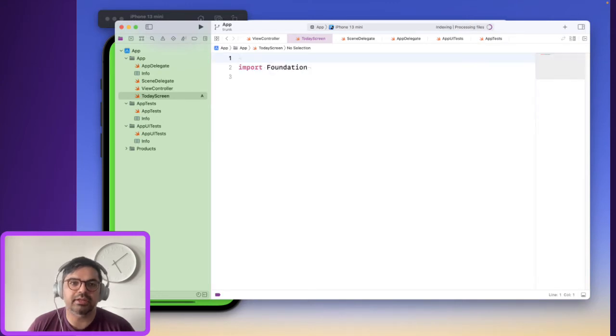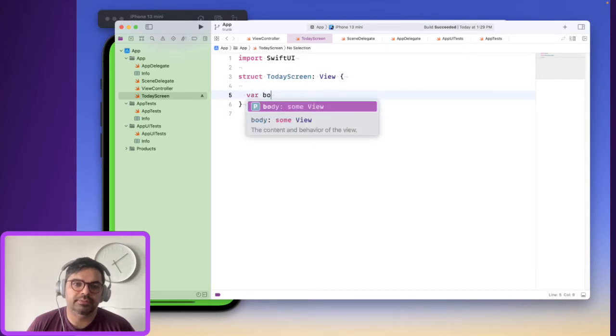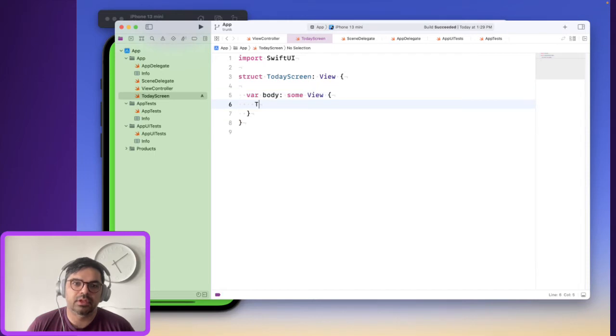Import SwiftUI. Now our screen, today's screen, a SwiftUI view. Body. And now just say